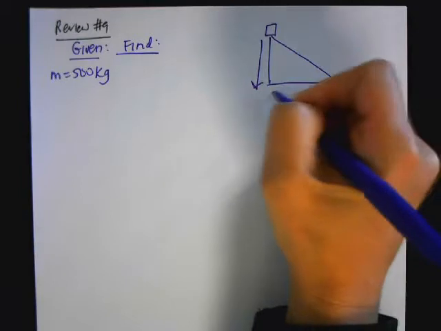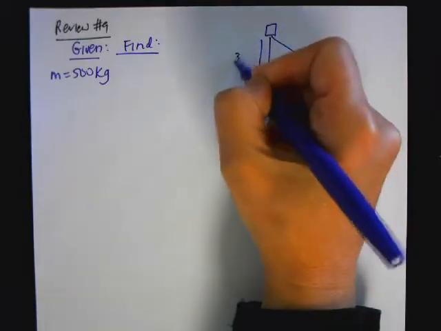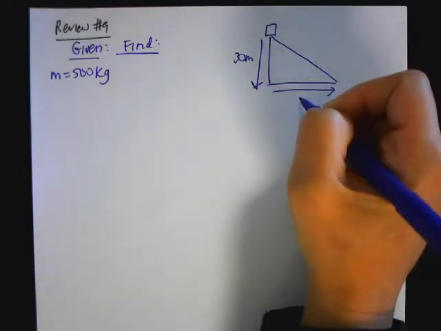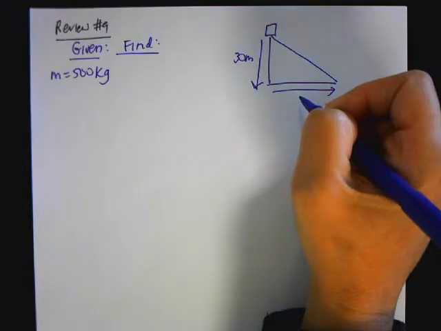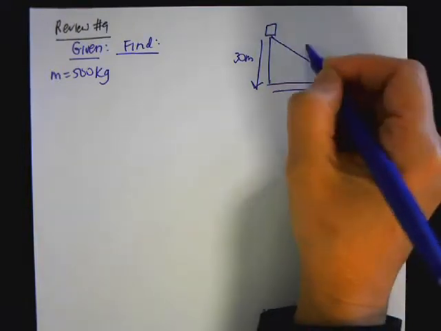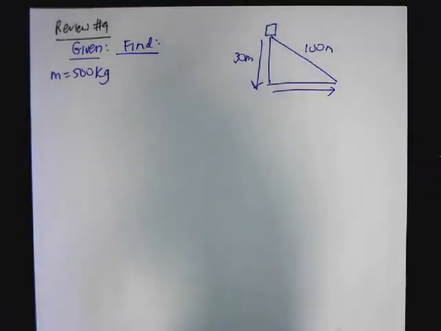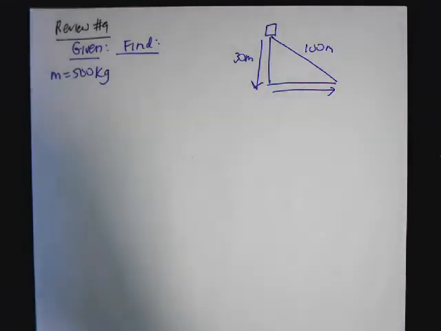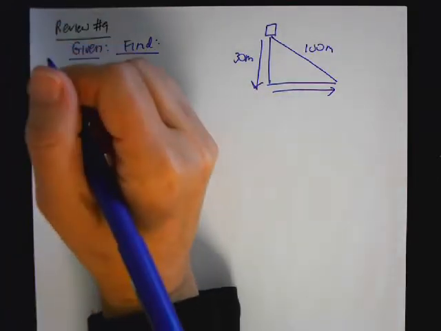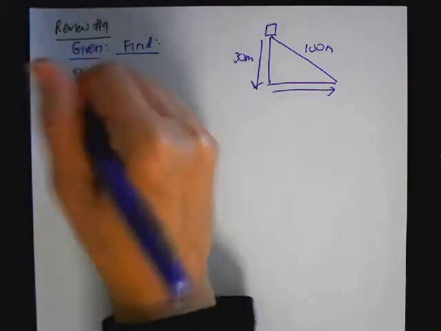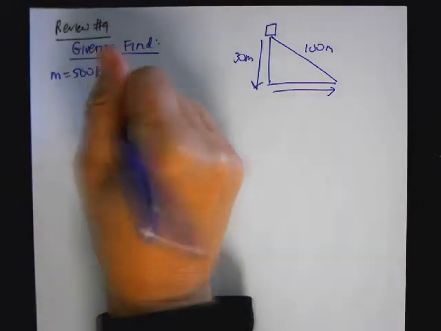They tell me this and they tell me this. So this is 30 meters and this is 100 meters. The pig slips and begins to slide down the hill. What is the pig's speed at the bottom of the hill? Use conservation of energy. So basically we know that using conservation of energy, we know that the total energy before,